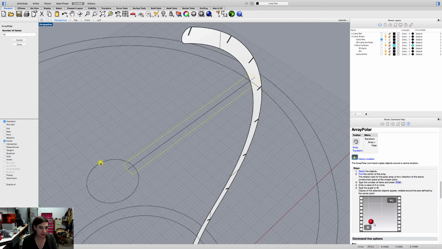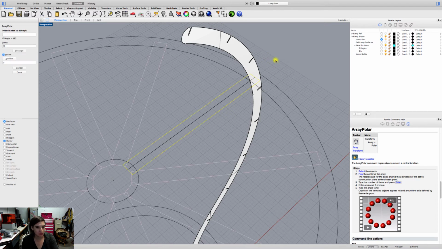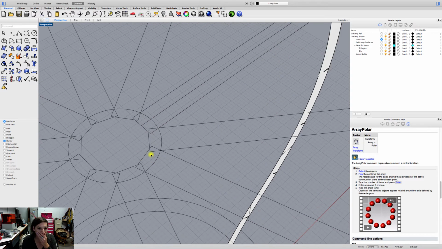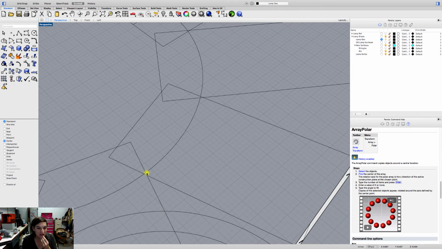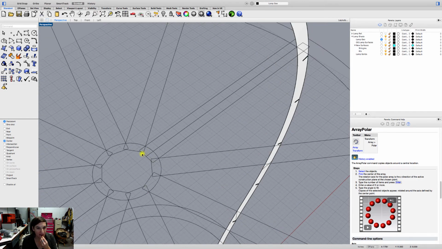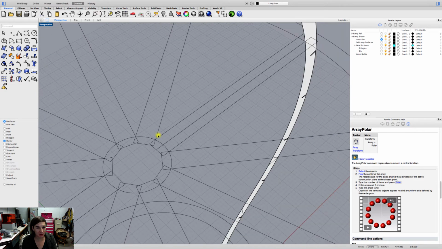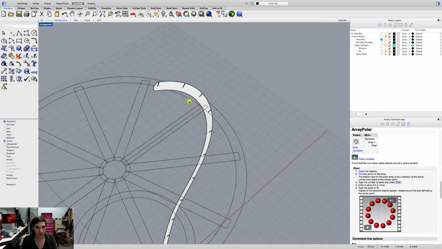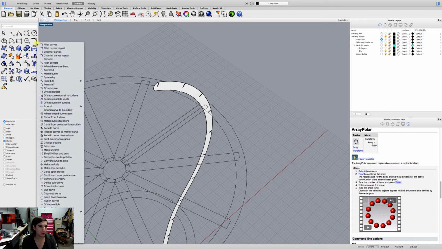because we're going to also array it 10 times, and we want to see what our new object looks like. So we see here that it's going to almost intersect. It's almost going to be kind of perfect. We're going to chop off those inner parts there. But what we want to do is add a little fillet to each of these, and then a fillet up here. So what we can do is we're going to come up here and we're going to